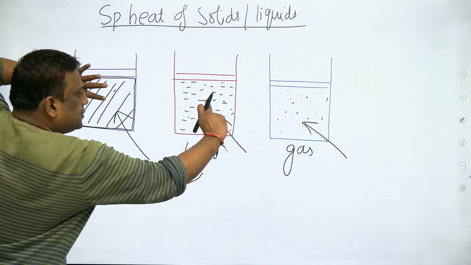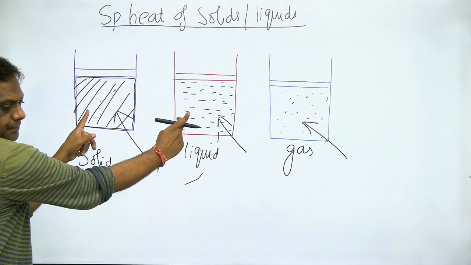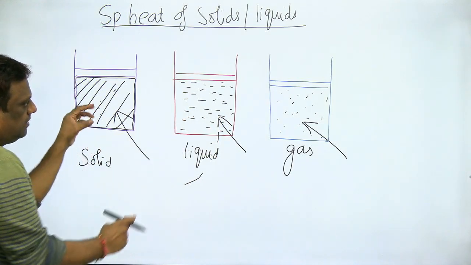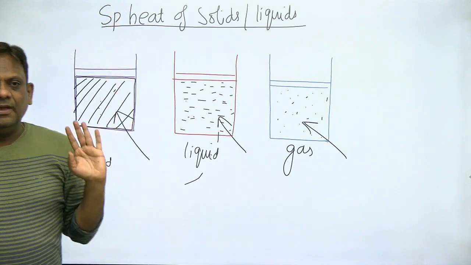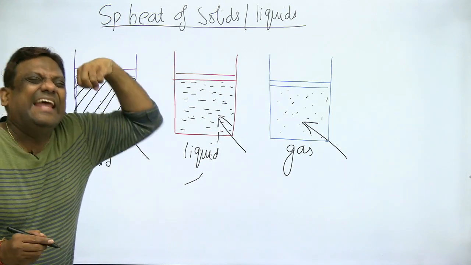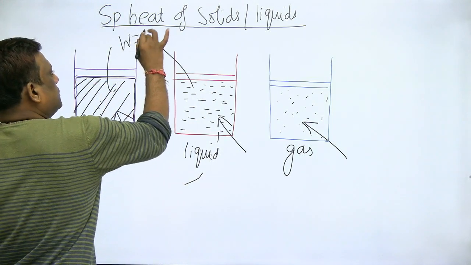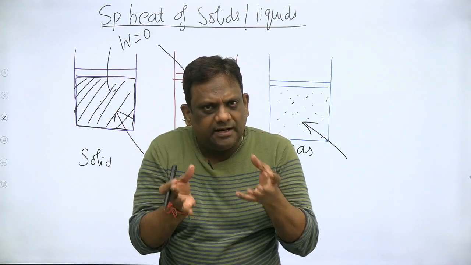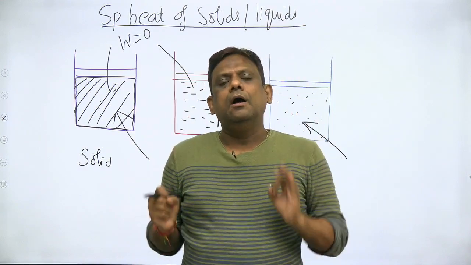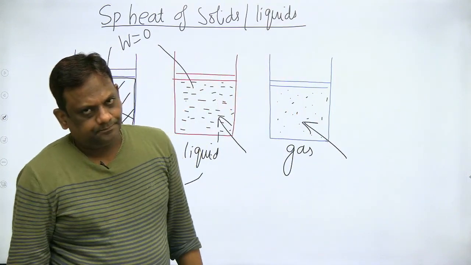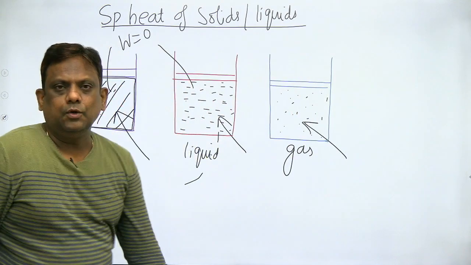But when you are heating these two, ये दोनों, though there is an expansion, it is very negligible. Means raising of piston is negligible. Means work is negligible in this. I repeat, my dear students, अरे यार, you take water in a container, heat करो, उसका वॉल्यूम चेंज कितना होगा? बहुत नेग्लिजिबल होगा. Very negligible. Okay, no problem at all.